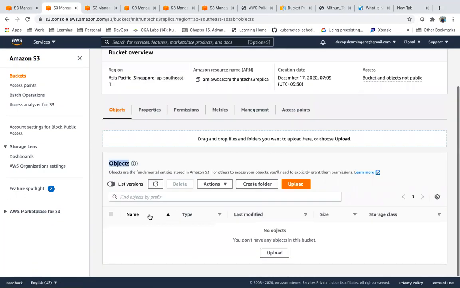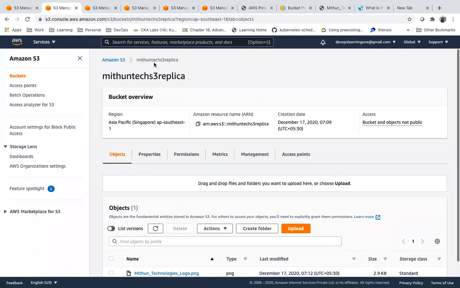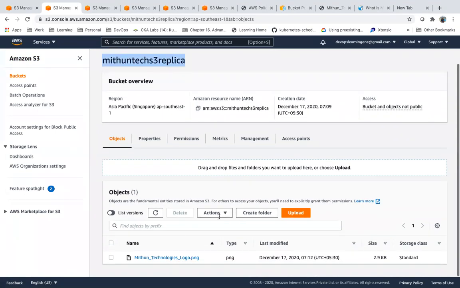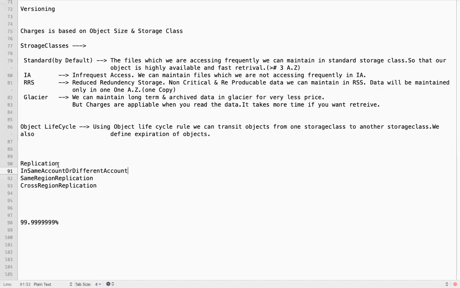That object, whatever we have uploaded in the source, will be replicated. It's a duplication. I have not uploaded to this one manually. It's replicated. So this is the replication rule.